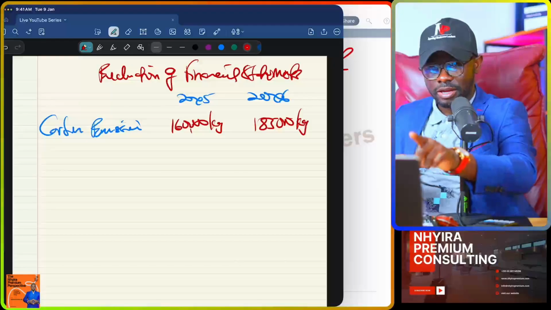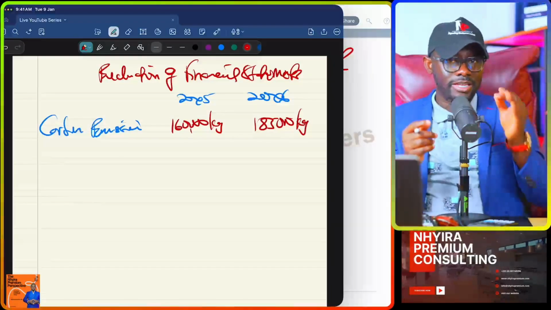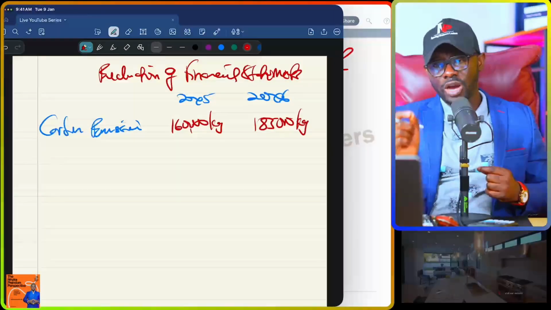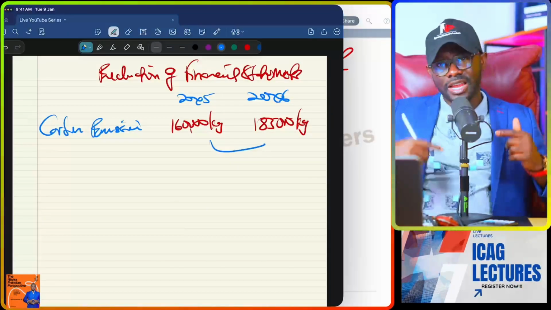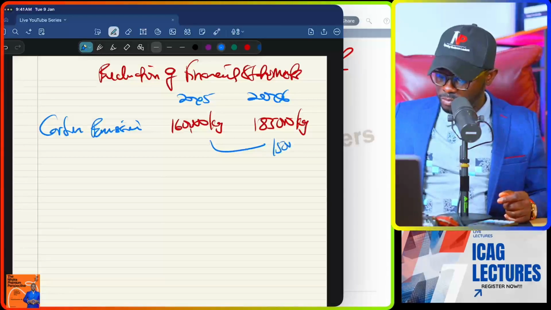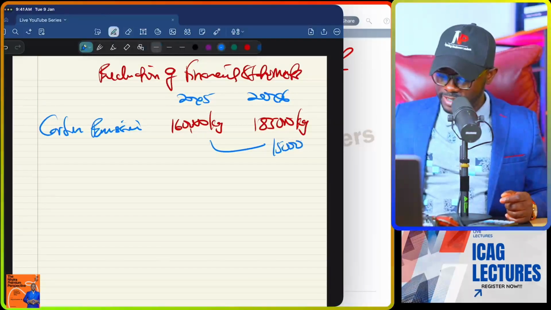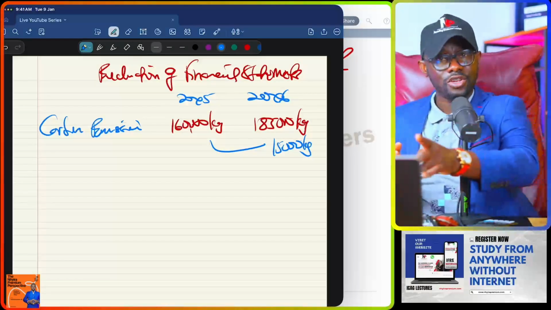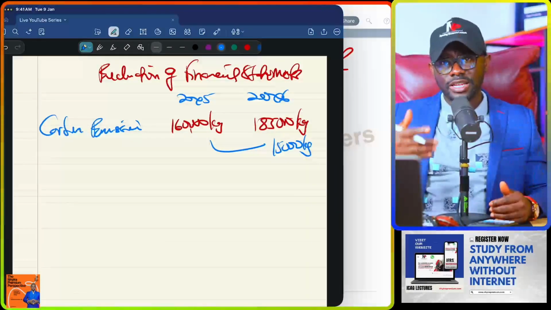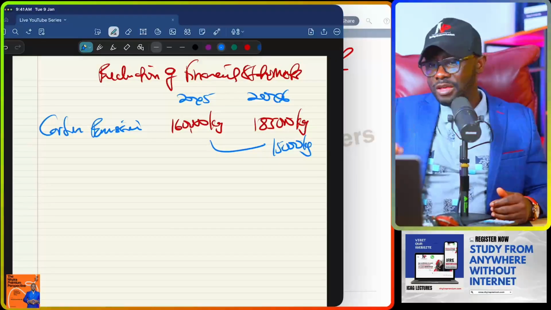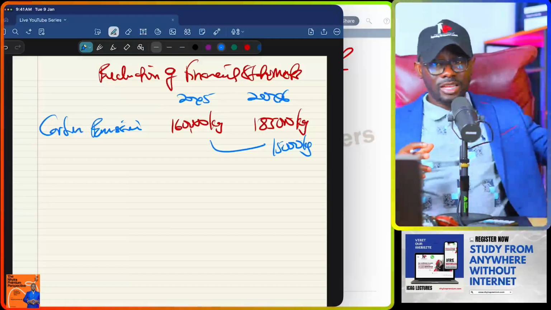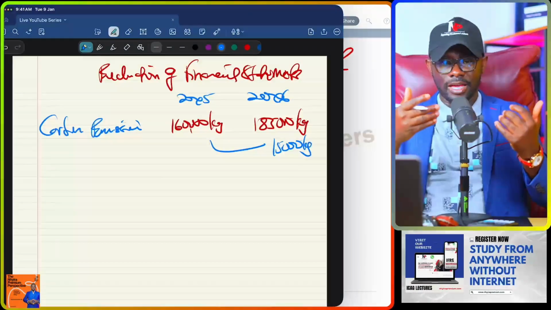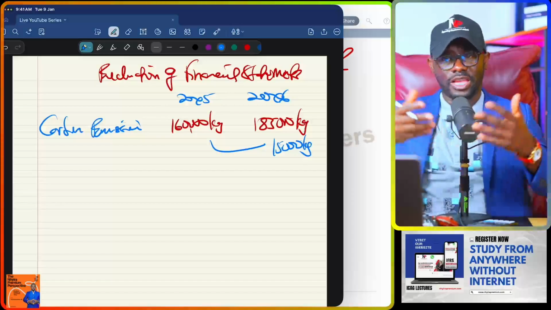Now, if you look at this example we have here, 20x5, they did 160,000 kilograms. 20x6, which is the current year, they are doing 185,000 kilograms. So there is an increase in the carbon emission footprint, or the carbon footprint of the entity, of 15,000 kilograms. From an environmental perspective, that is not good. It means that the entity's operation in the current year had negative impacts on the environment than in the previous year. Now, this is likely to affect the reputation of the entity, the customer base, or the access of funding